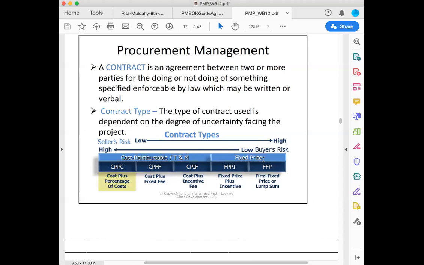Yeah, so are we saying the seller's risk? The seller loves when it is a firm fixed price? Is that correct? Yes. Yep, because then even if it goes over, like, you know, if I need more, we say that it's going to be a fixed price and you're not going to charge me more.